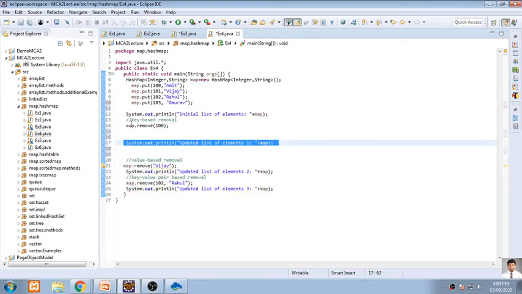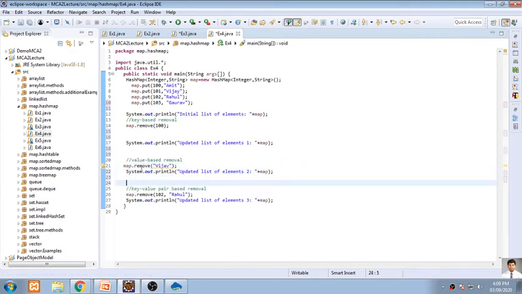Now I am changing the format. I am using the same map, same remove function, but I am passing a value over here. As far as my knowledge, there is no definition of remove function that will accept a value. As the value is on the right hand side, not on the left hand side, it is considered a value, whereas on the left hand side it is considered a key.